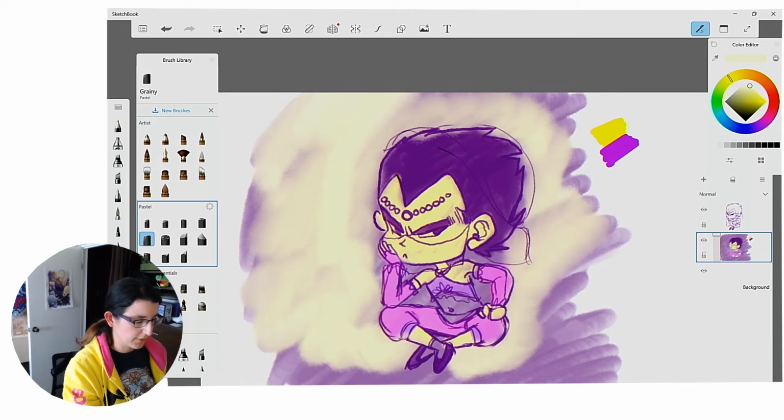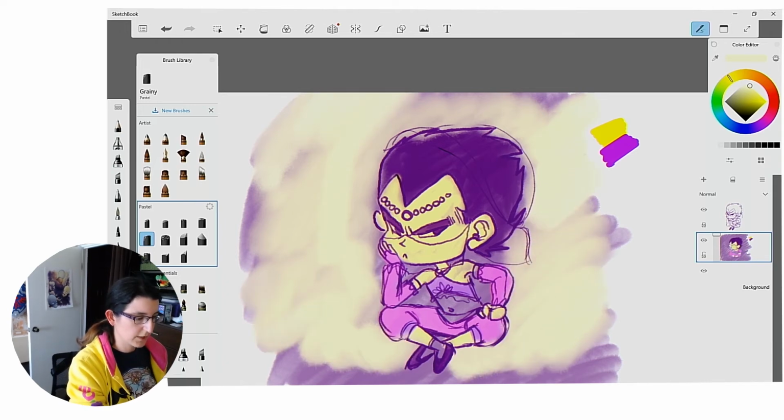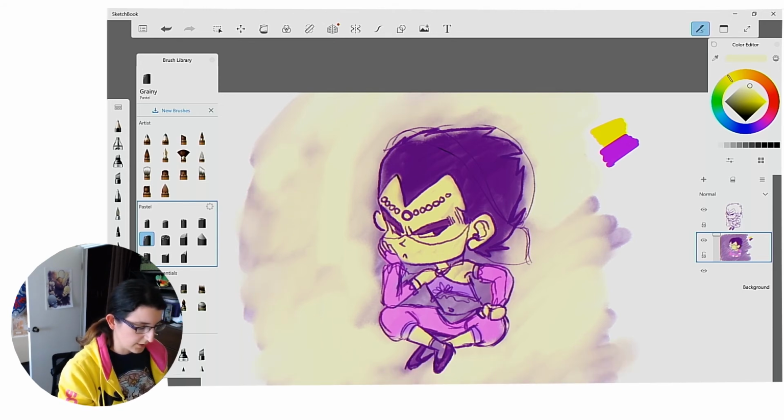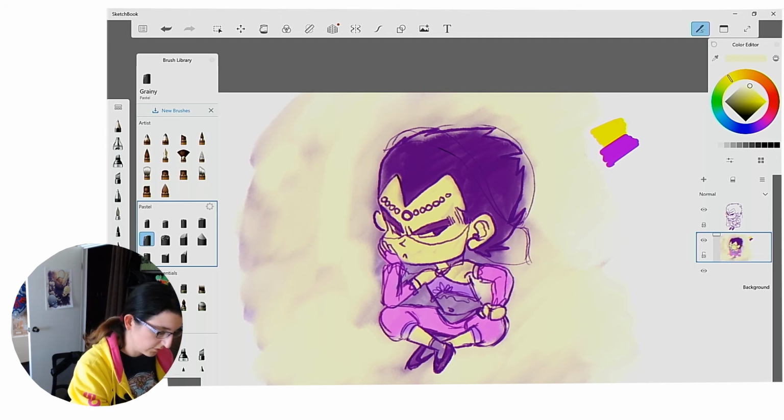You may notice that I don't really use layers too much with some of the demonstrations. Part of that is because it just takes too long to switch between layers, I think, and I sometimes get confused. I end up painting on the wrong layer. I also like when the paint kind of mushes itself around. I think that works better if they're on the same layer.